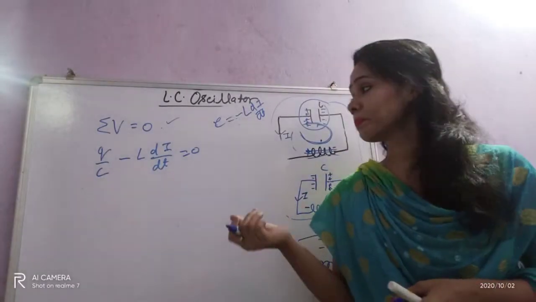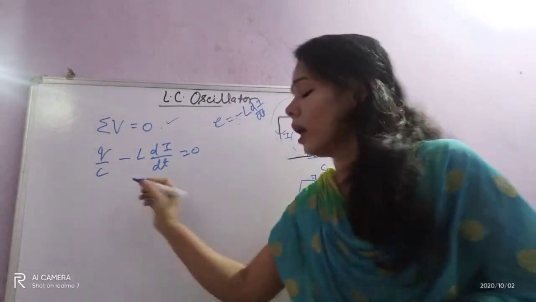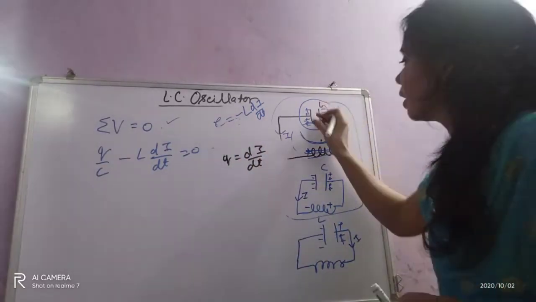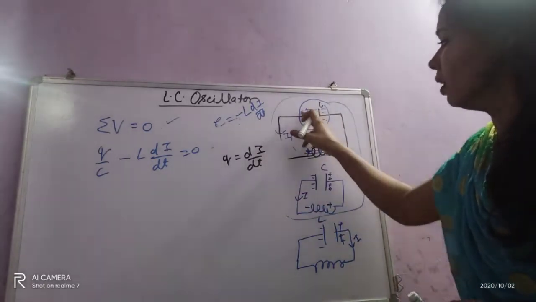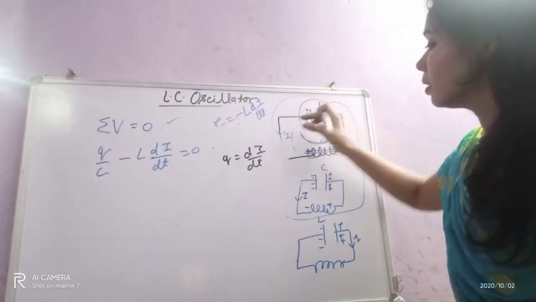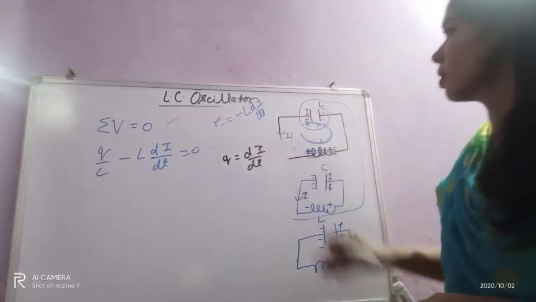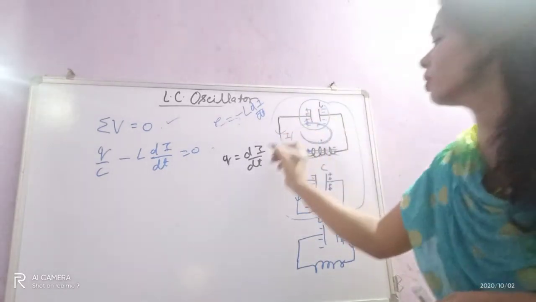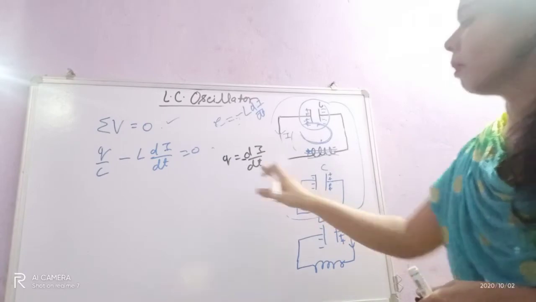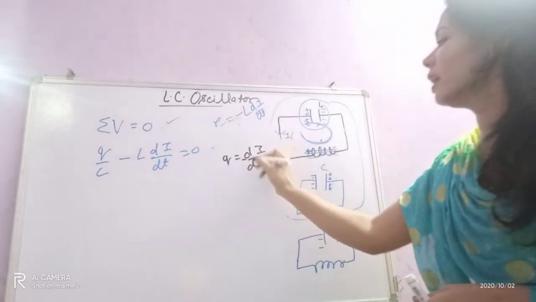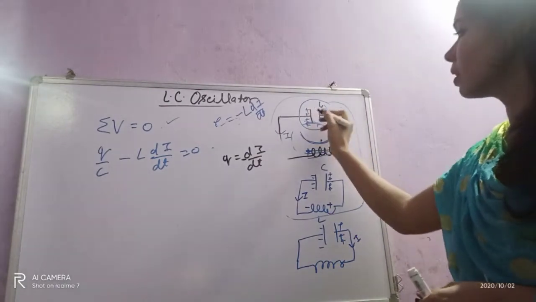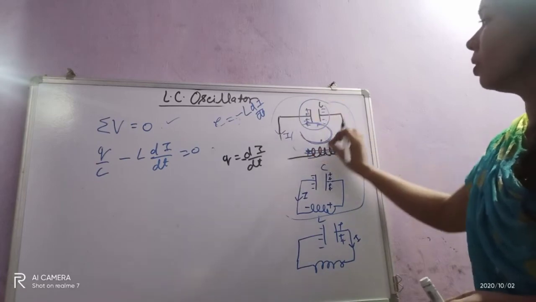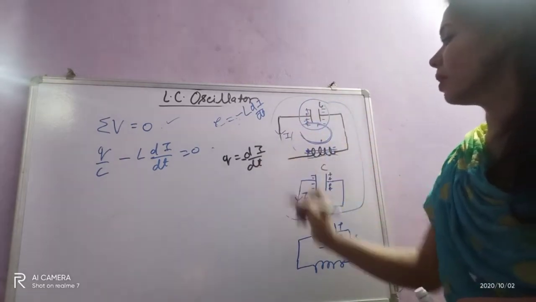So how will you solve? You know di by dt. You have studied that I equals dq by dt. Since the current is flowing, the charge is decreasing here. So charge is decreasing for the flow of current. That's why we will take minus. Minus dq by dt. Why? Because charge is decreasing as the current is flowing. Okay, so charge is decreasing from this plate. Look at this, slowly charge is discharging, meaning charge is decreasing. So that's why I have written minus.